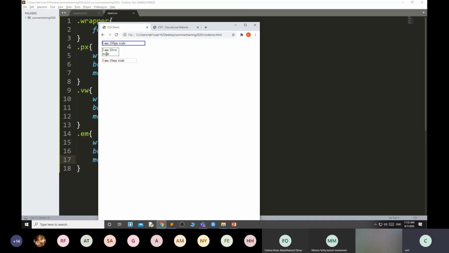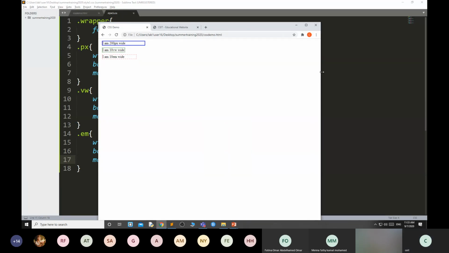See, it gets a size gap. Now you can see that. Once I minimize the screen, this view width gets changed. And you can see this 10 em wide and 200 pixel wide.